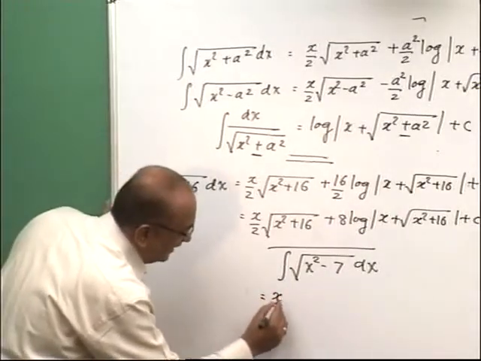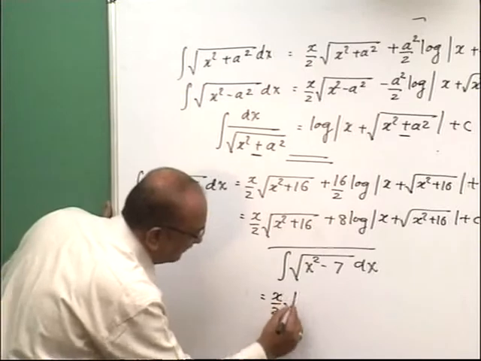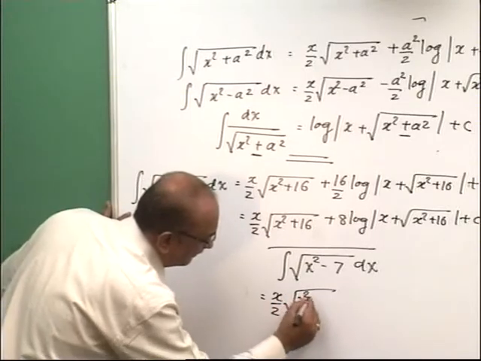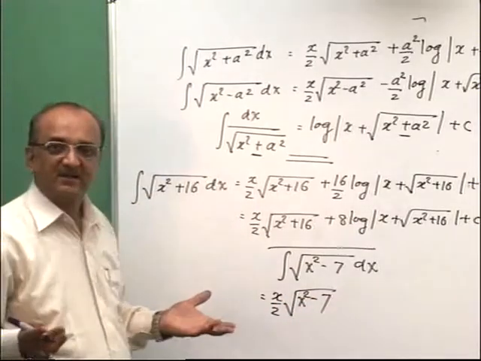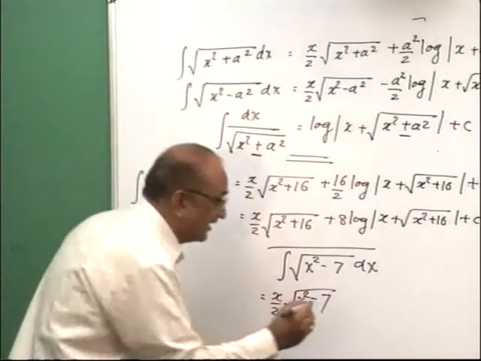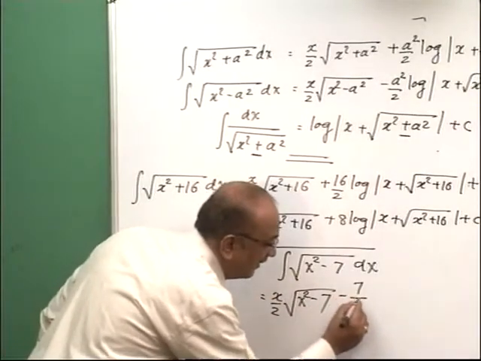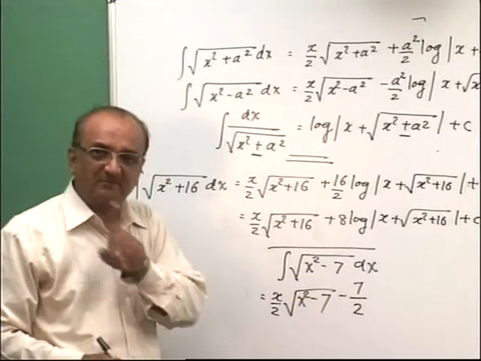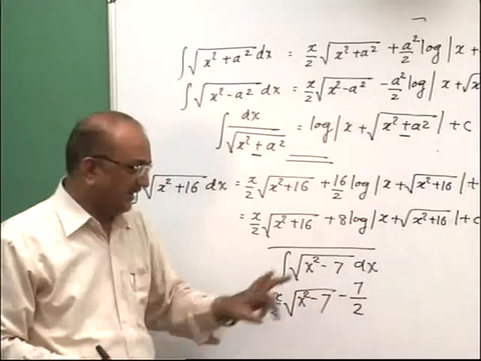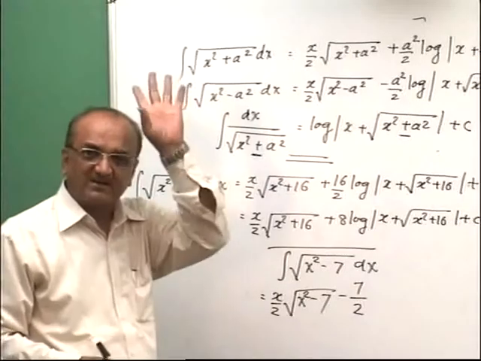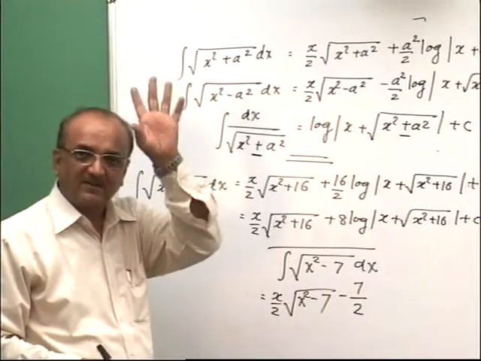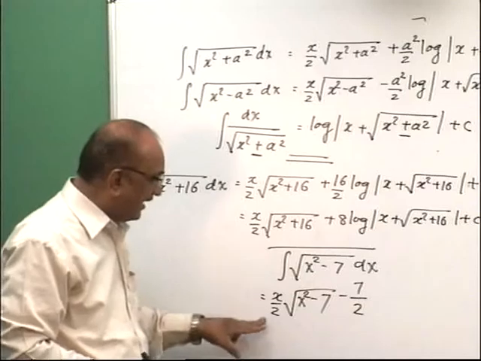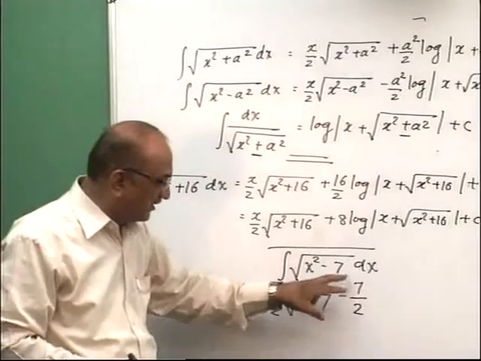It is equal to x by 2 into root of x square minus 7, minus a square upon 2, that means minus 7 upon 2. Don't write 7 by 2 as 3.5. The option will never be put that way. 7 by 2 is given, so 7 by 2 they will ask. Right? x by 2 root of x square minus 7, minus a square upon 2